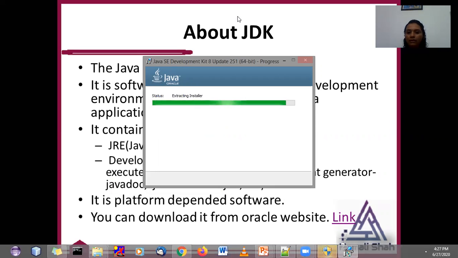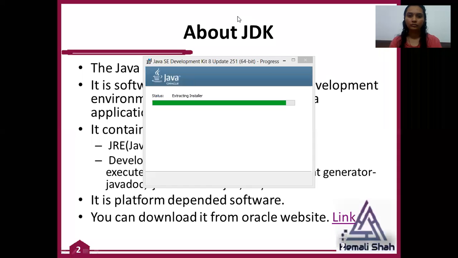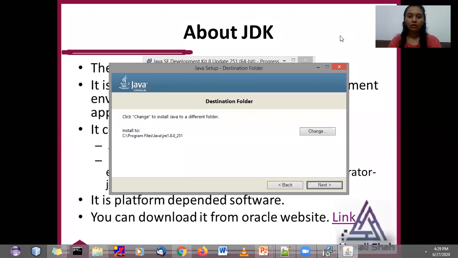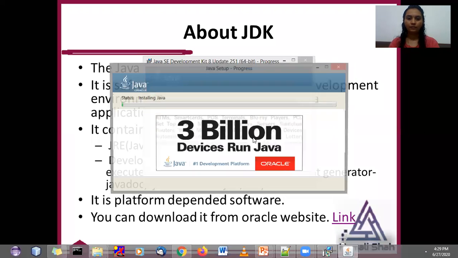The installation will take some time. See here, the software is going to install. It will show you where you want to install this JDK. By default, the path is C drive, Program Files, Java, then JRE 1.8 version, right? If you want to change this path, you can click on the button change. Otherwise, you can just press the next button, right?